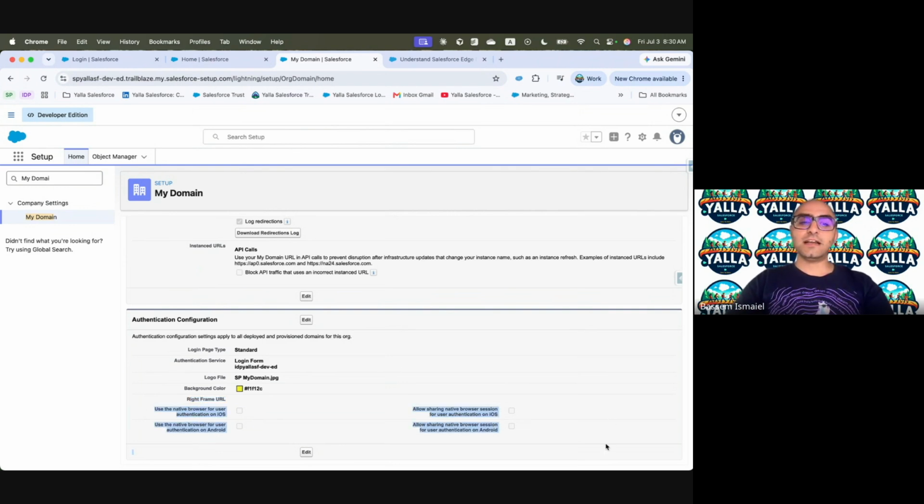Last piece in here, and then we can go back to the module, crash this unit, which is use the native browser for user authentication on iOS. When you have a mobile app, or you have your custom application, either your Salesforce application or a custom application where you use mobile SDK, and you want a user to authenticate, it can open a small iframe window, which will allow you to put a username and password, or it can take you to the browser within the mobile to put your username and password.